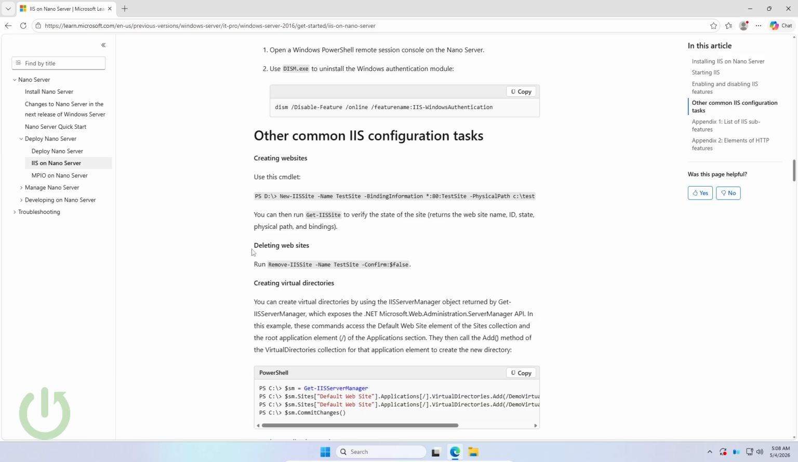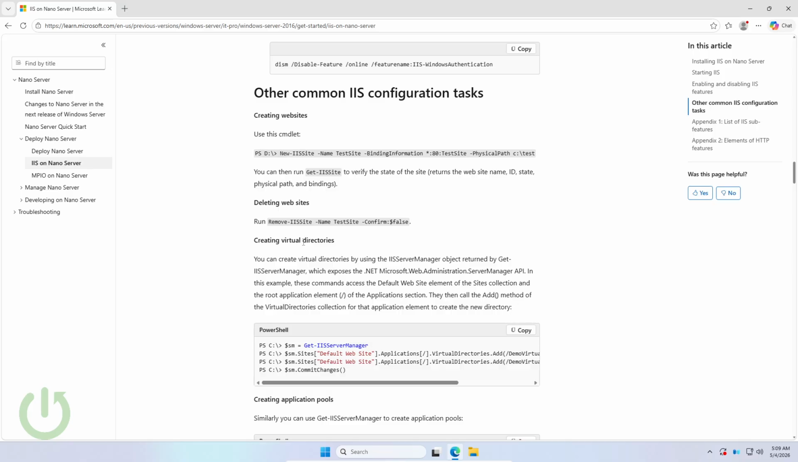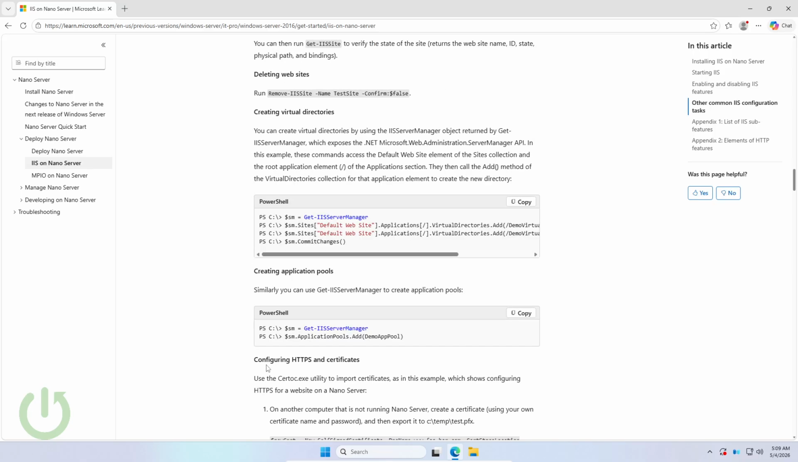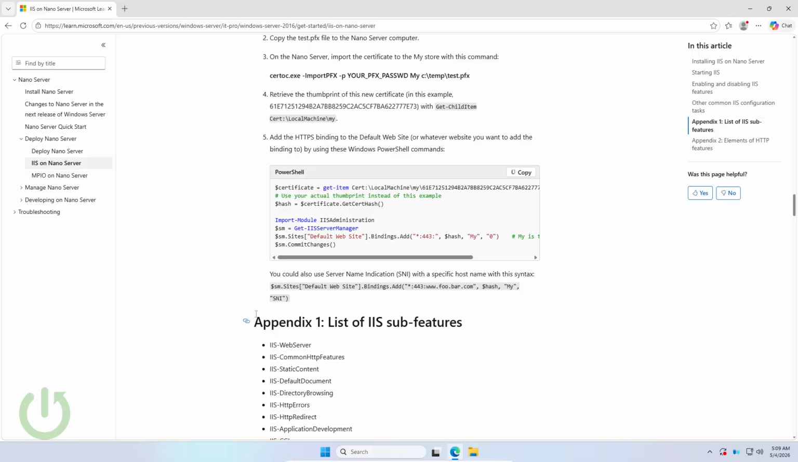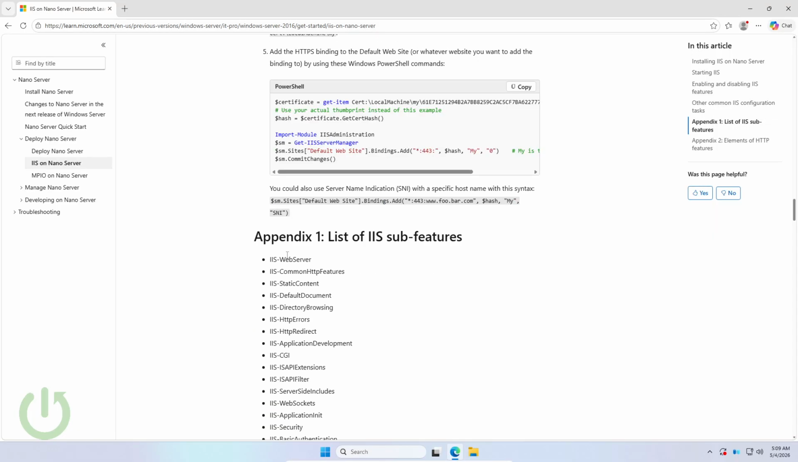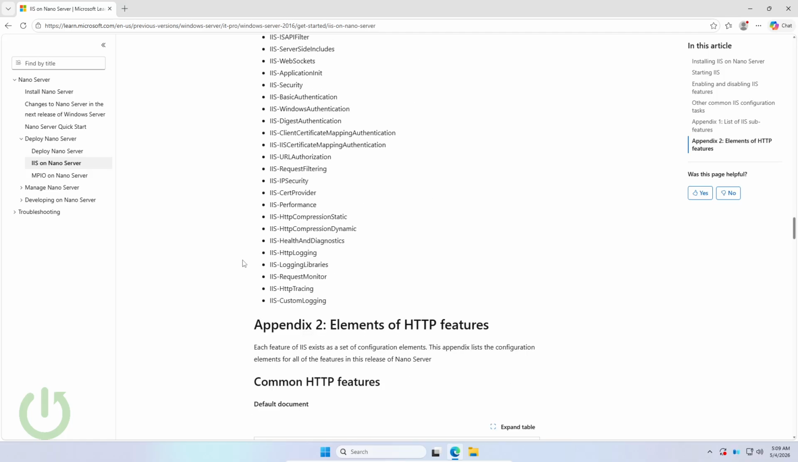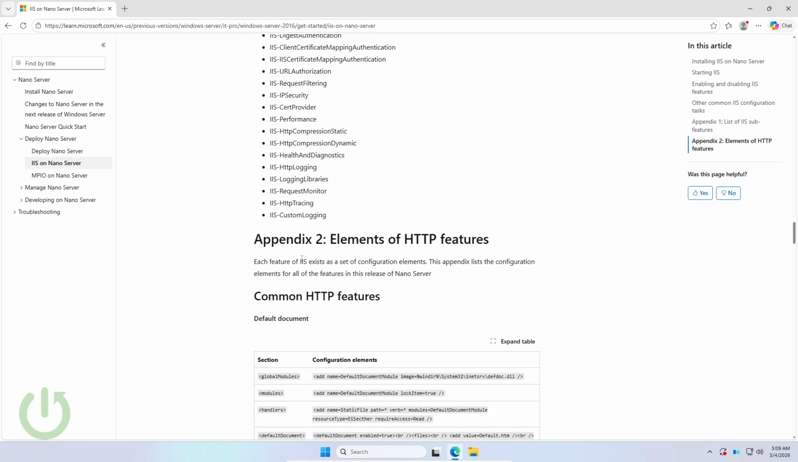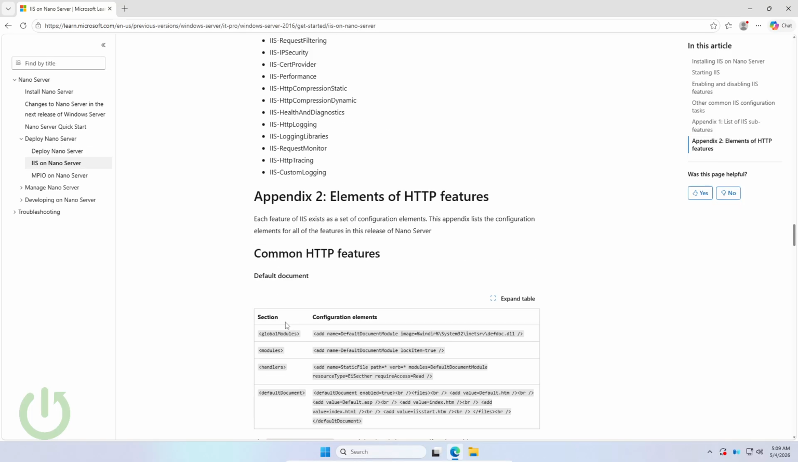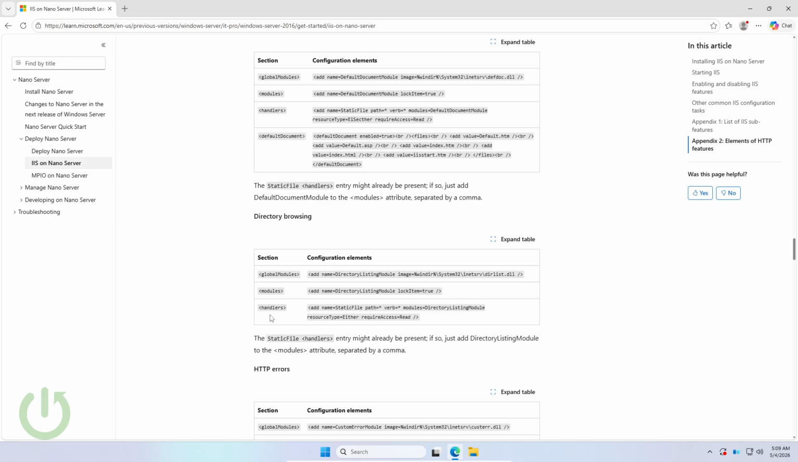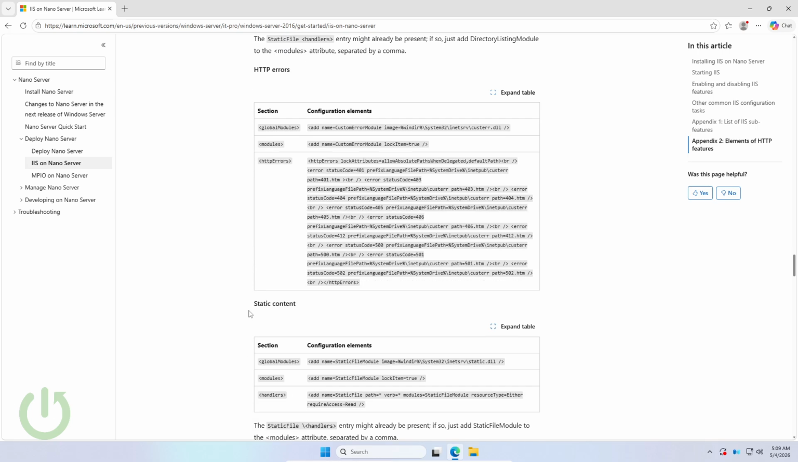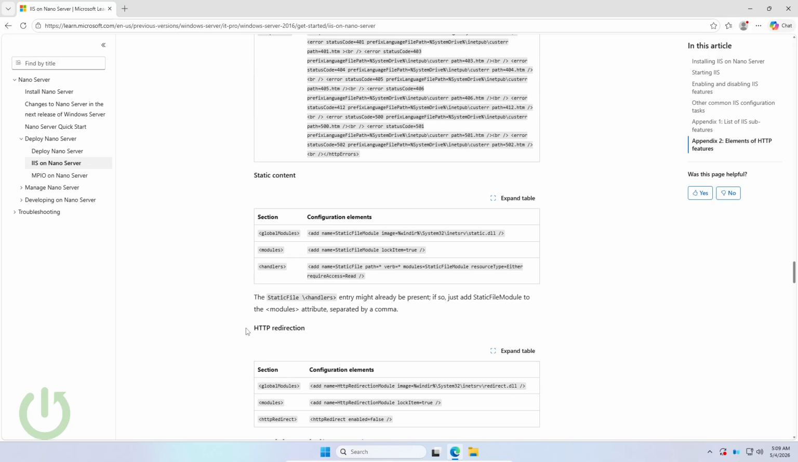So you have, for example, creating websites, deleting websites, creating virtual directories, specifying application pools, configuring HTTPS certificates, and here you have this Appendix 1 list of IIS sub-features. So you have a lot of them, as you can see here. And you have Appendix 2, which are the elements of HTTP features. So common HTTP features you have here, and you have the default documents, directory browsing, HTTP errors, static content,